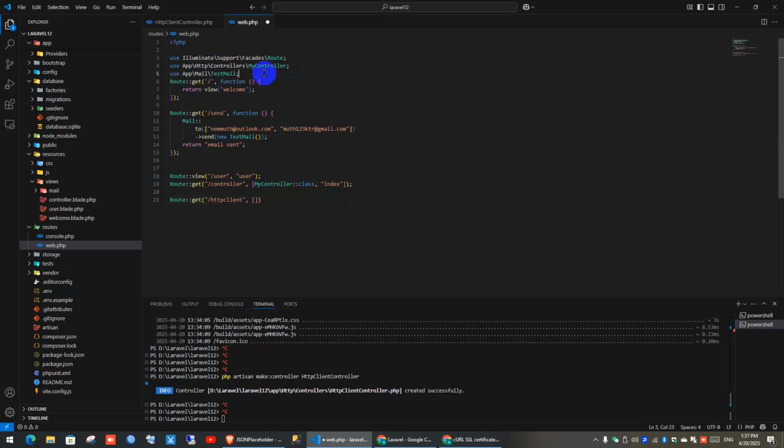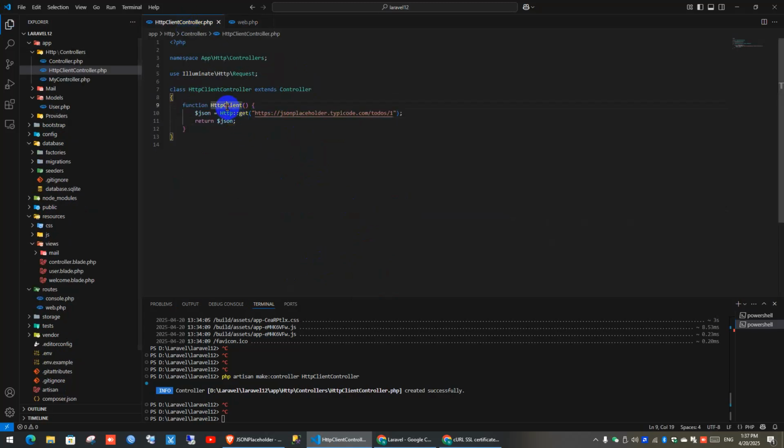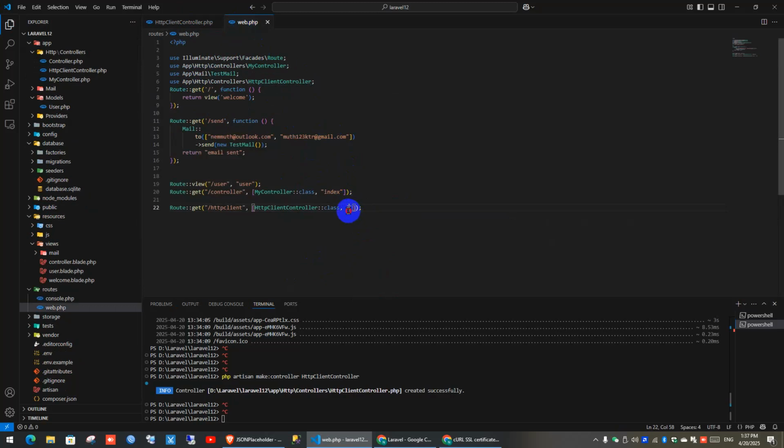So I need to use this to call my controller in the route. I copy this to here, and then I tell it it is a class, and then I call the function in this controller. It is the HTTP client function here.